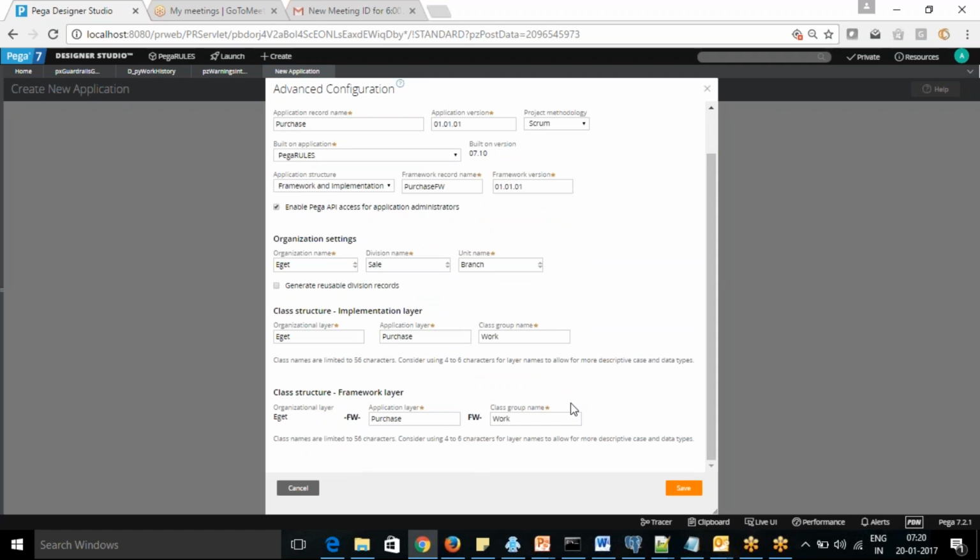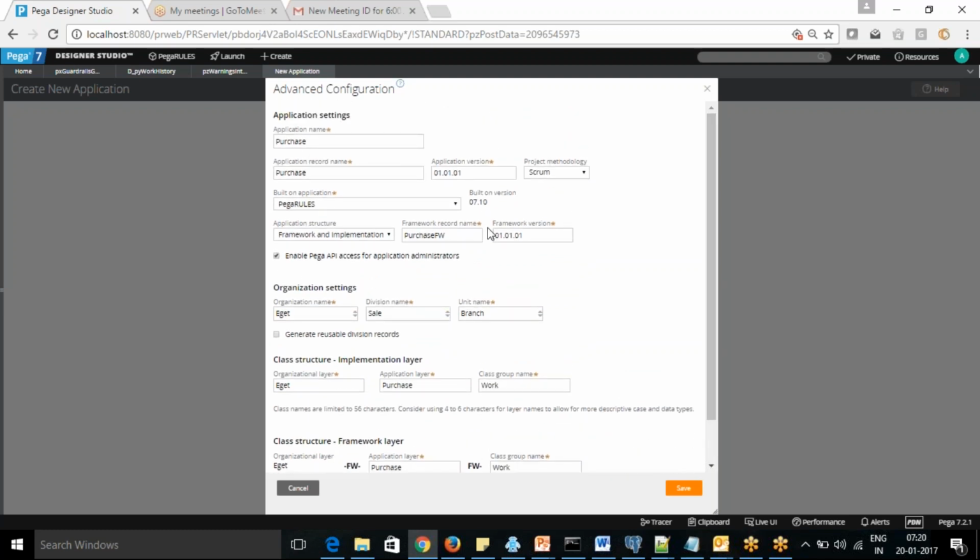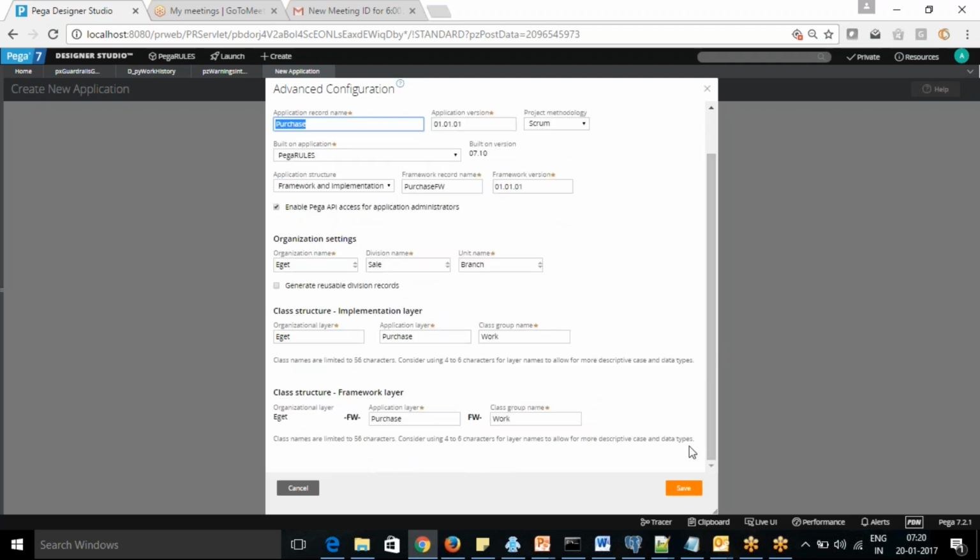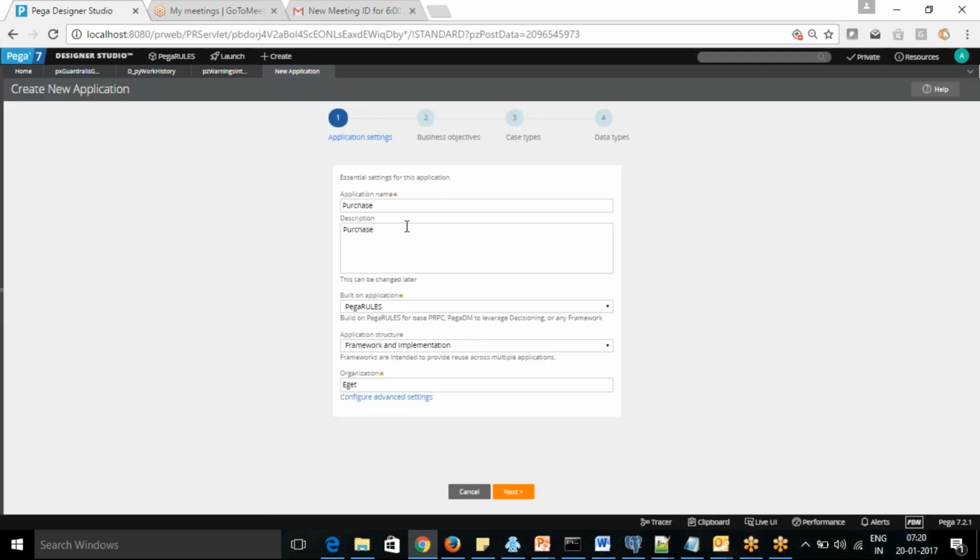Application creation is actually done by Pega. In previous versions, it was difficult to create everything, so they customized it, and everything is created by Pega itself. You don't need to do anything. You can see this is the rule set's name. It is going to create your application name and all the rule sets by itself.